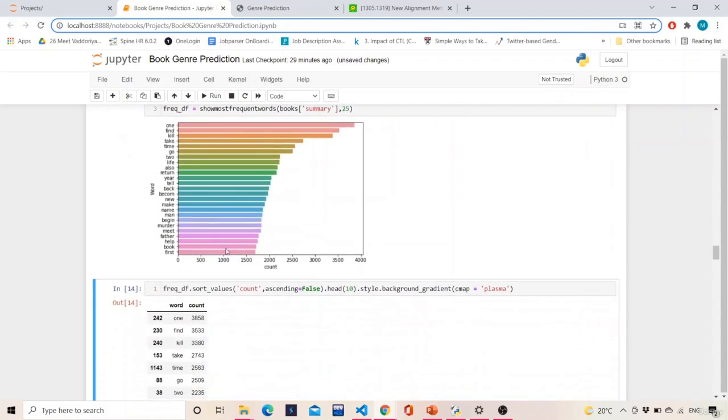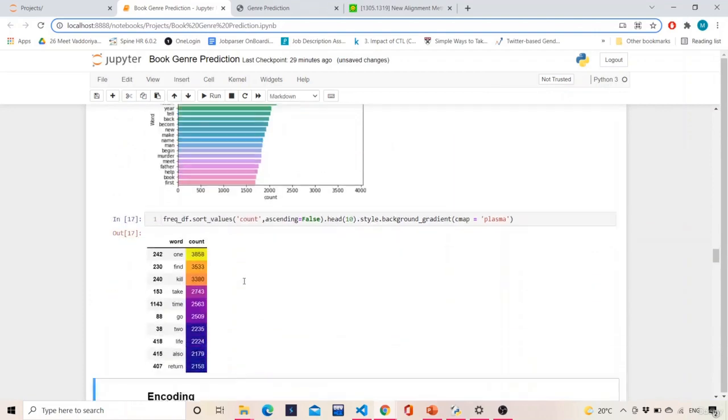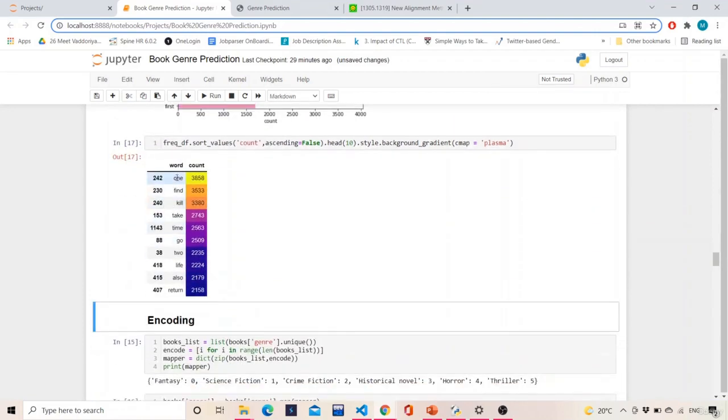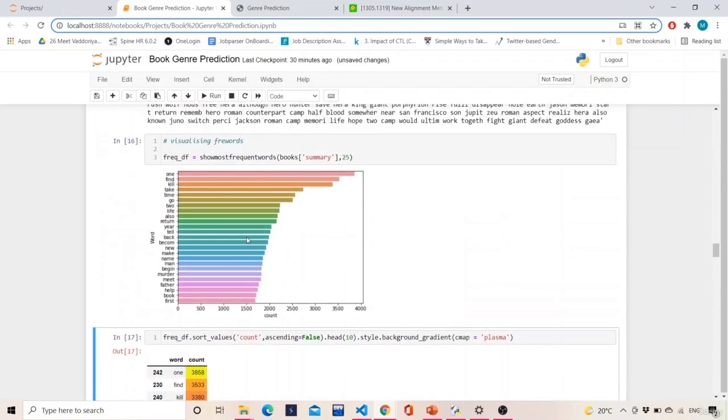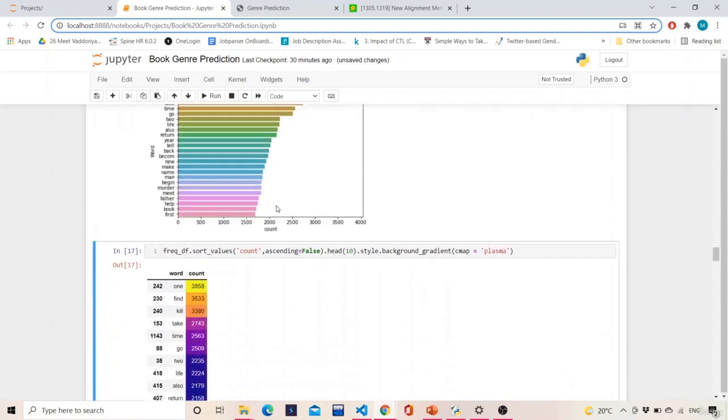If you look at the counts, one keyword is occurring the most, find is next, kill is next. A few words occur more than 1,000 times, and these are not stop words. That is a clear indication that our pre-processing tasks are done perfectly.